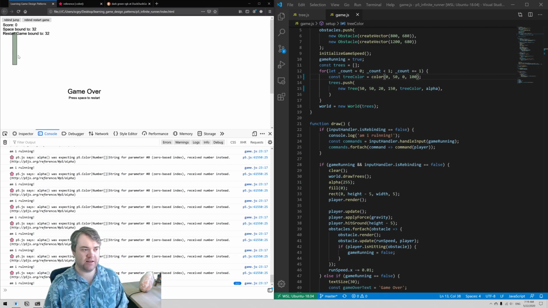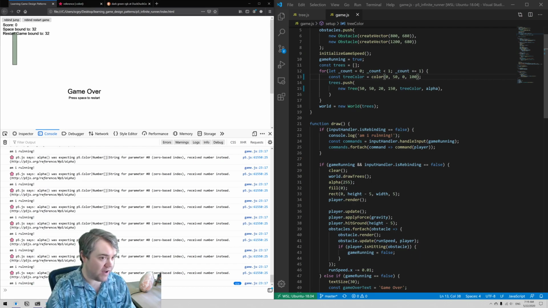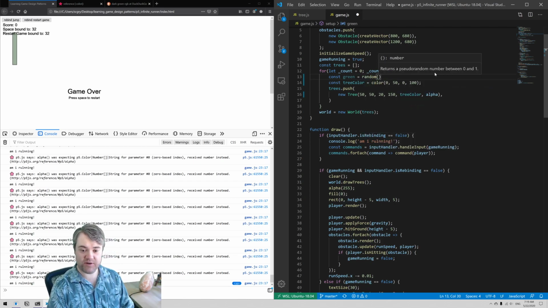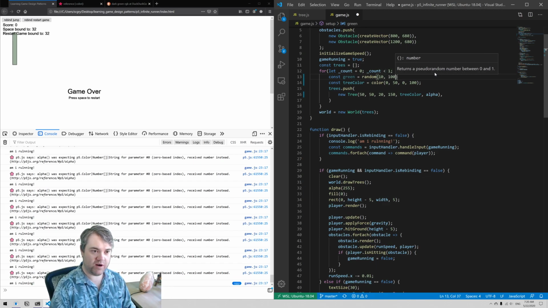So initially I was thinking that I could share this and then have the alpha be different across all of the different trees. But since this is part of the same color object, I think now I might as well just say, okay, if I have a color, we can make it random about how dark it is. And then we can make the alpha vary to make it sort of pretty, so we could vary the alpha, vary the color of the green. So we can do const green equals random, and then this will be between something like 10 and 100,